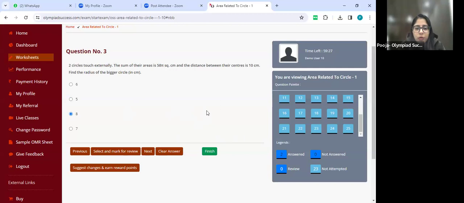Make sure that before clicking on the finish button, you review all your questions and answers to check that you have done them correctly. The way we do it in our examination, we read the paper carefully and then we hand it over to our examiner. This way you have to attempt it and then click on the finish button.